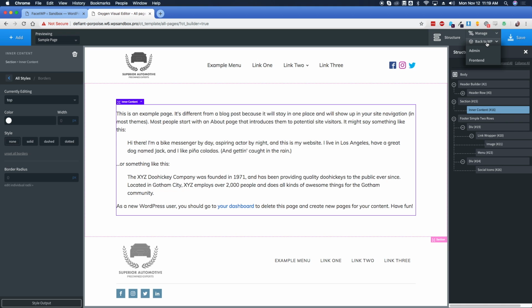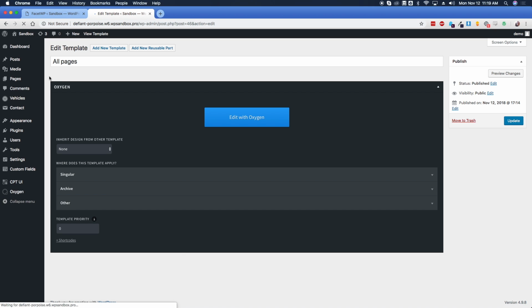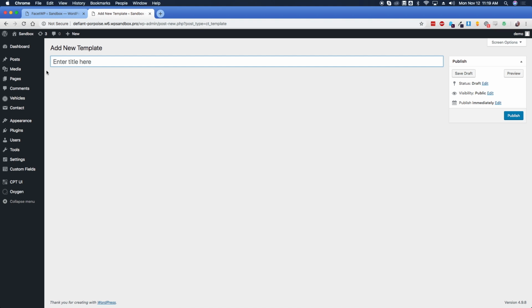So let's go ahead and click back to WP and go to the admin panel. From here, we're ready to go ahead and set up our vehicle archive template. This is going to be the one that I showed you that has all the filters on the left-hand side and all of the vehicles on the right. So go ahead and type in vehicle archive